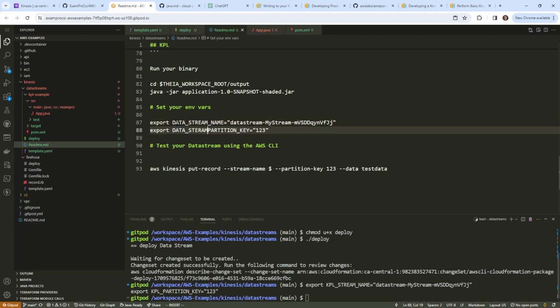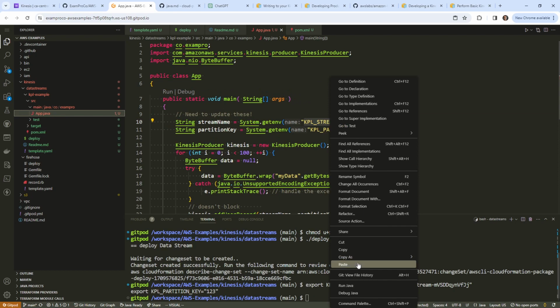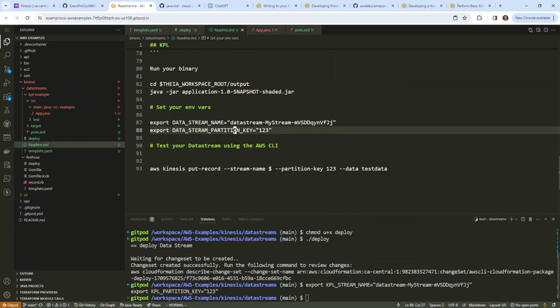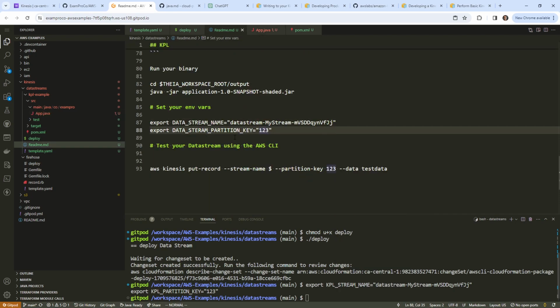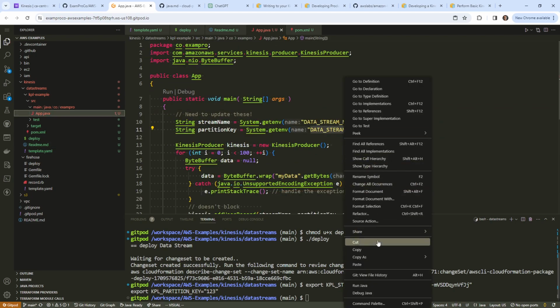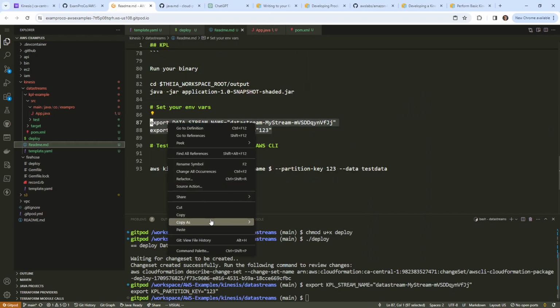Let's say data stream partition key. I know I'm being very indecisive here, but I think it's important that we do this, because if we do write the consumer, we're going to have to use the same keys. So it makes more sense to make that naming a little bit more consistent here. We probably should spell stream right, otherwise we're going to have an issue later on, which I don't think we want to have. So go ahead and paste that in there, and we'll go back and copy these 2 lines,